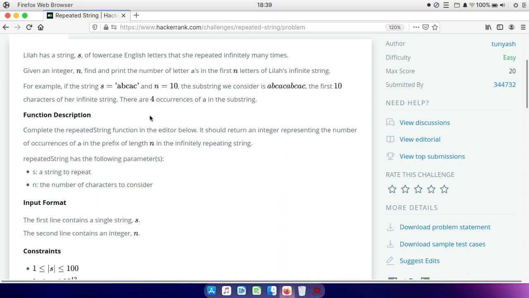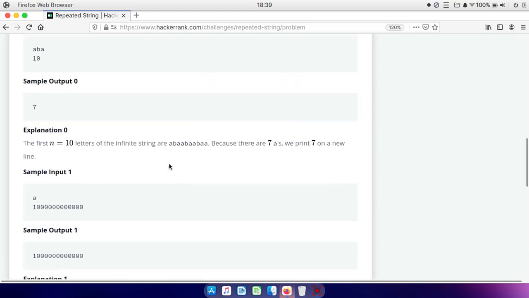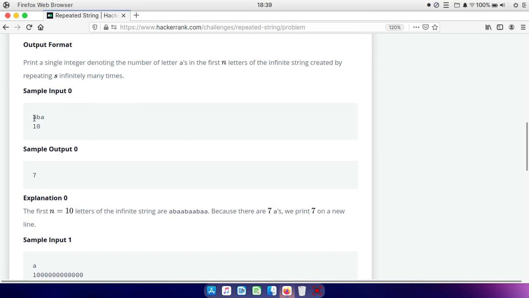And if it is not a multiple of the length, then we have to repeat 1 time, 2 times, 3 times, or as many times as needed. But we also have to include a letter, that is, sometimes a, b, or c. In this input you can see that if we calculate the length of the string, that is 3, and if